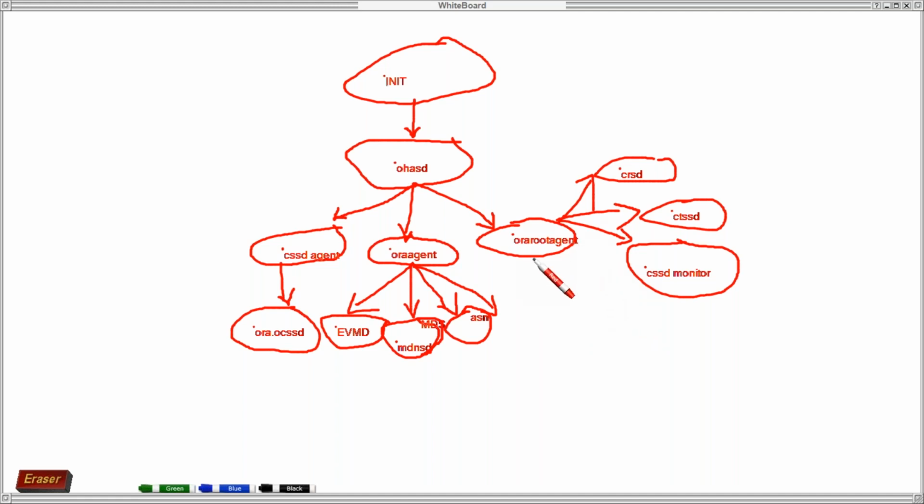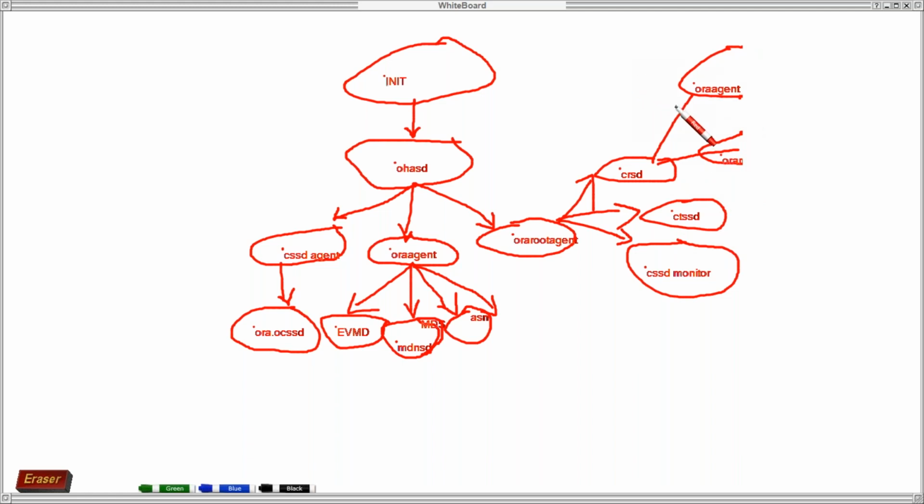Okay, so this Oracle root agent, again, this CRSD, again, it spawns two agents. So one is Oracle agent, and similarly, it spawns Oracle root agent.